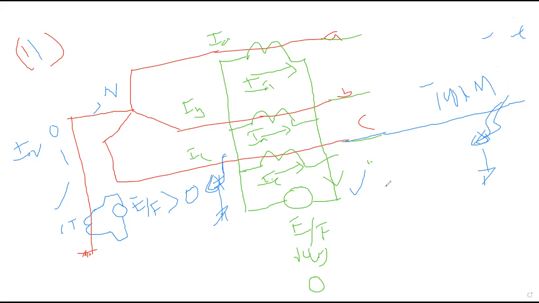Guys, are you getting my point? Can you respond whether you are understanding it or not? Yes, sir. Okay. So you see there is no limitation. If any earth fault is very near to these machines, the relay in both configurations operates. If the fault is very far away, the relay still operates. So it doesn't have any boundaries or limitations. Wherever the earth fault is happening, the relay responds.